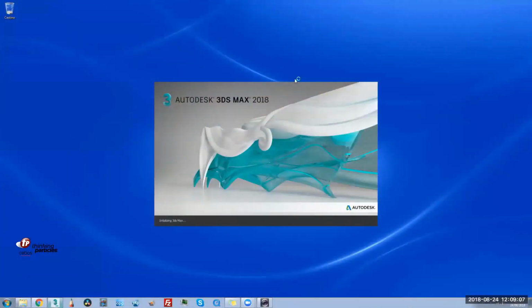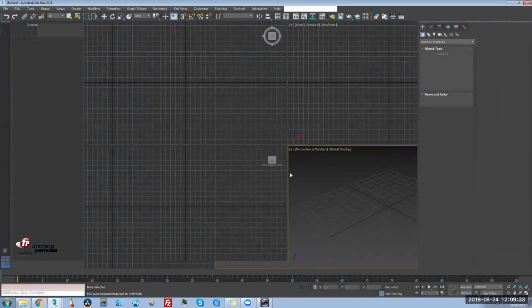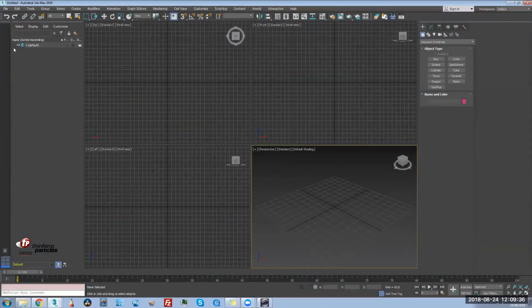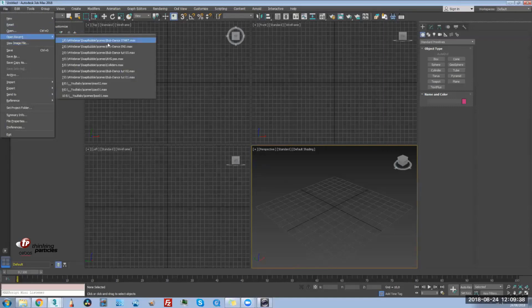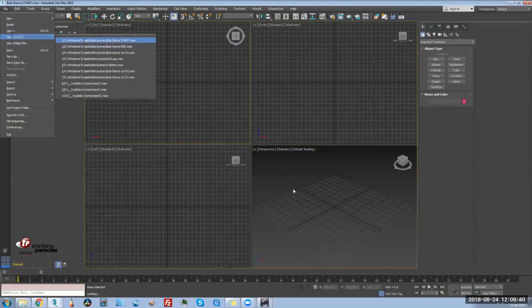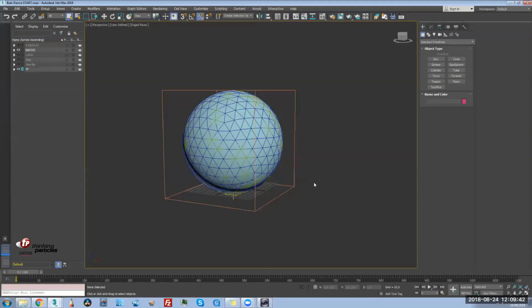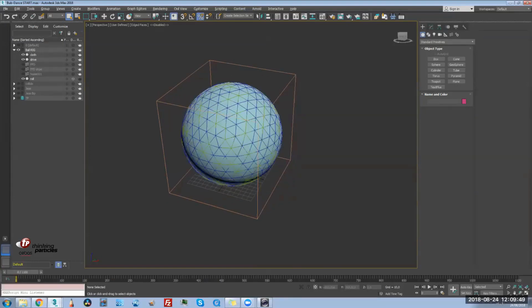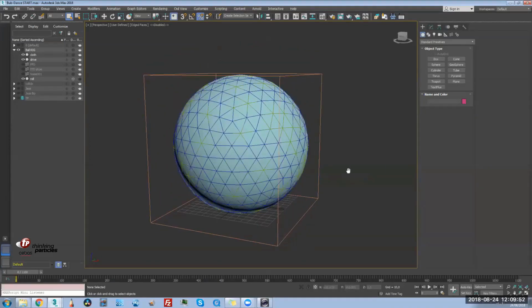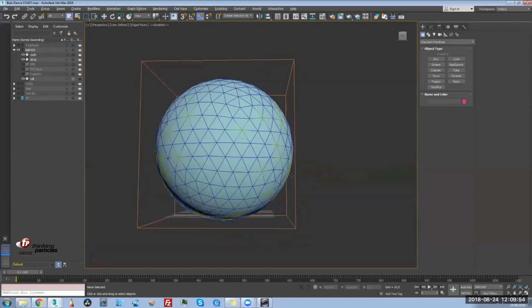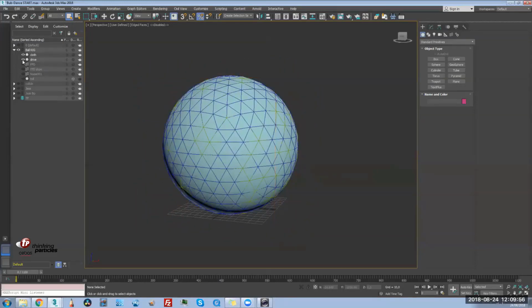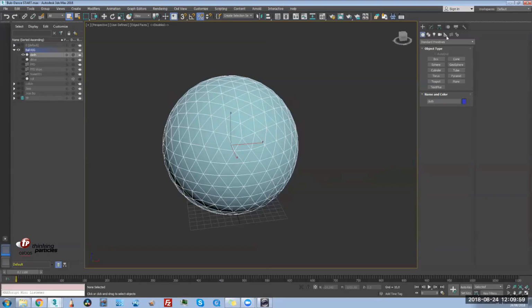So let's go to 3ds Max. We can load my start scene where I prepared the elements to build our system. Let's take a look at the layers. The first layer is a ball rig, where we have the geometries and the deforming elements that will control our solution. I use the geosphere geometry because we need a geometry that has a constant structure,